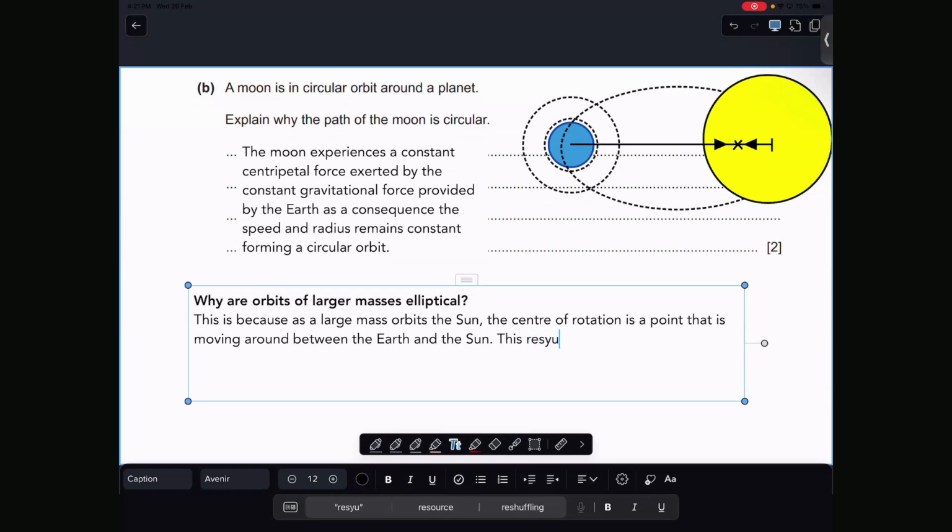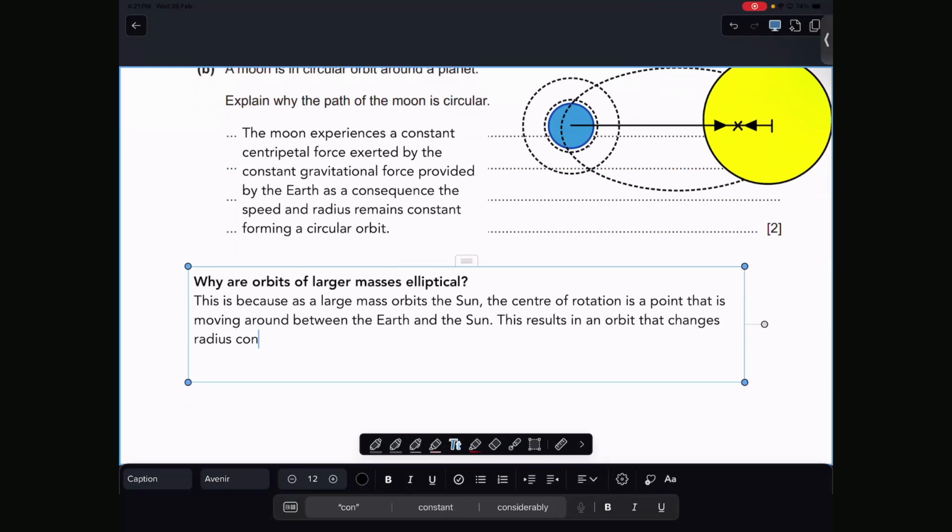This results in an orbit that changes radius continuously, resulting in an